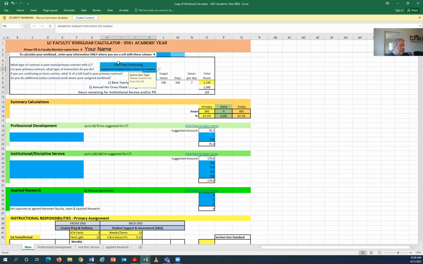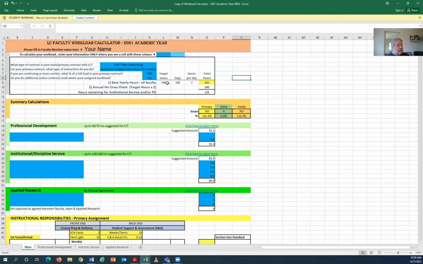Now, when we look at the academic instruction as 15 weeks, we're assuming that that's a full-time workload. So you can see that right here it shows as 100%. But if we were not working at 100%, we can actually go in there and alter that. So let's put 50% in. And when we do that, you'll see that rather than showing as the 540 and doubling that up, we're shooting at 50% of that. So instead of the 1,330, we're doing 665, and the 540 we would normally be doing,